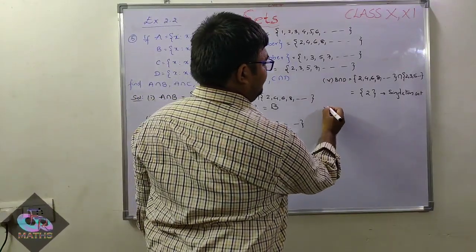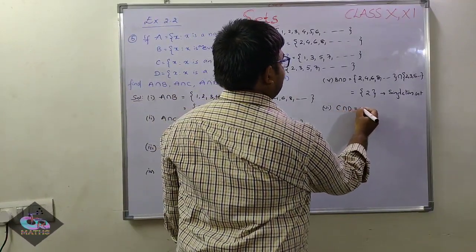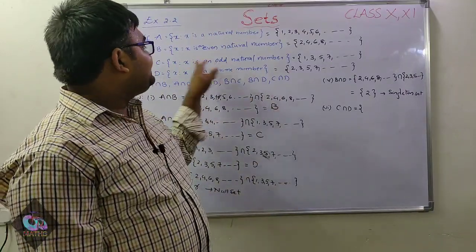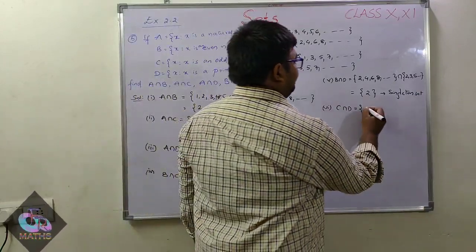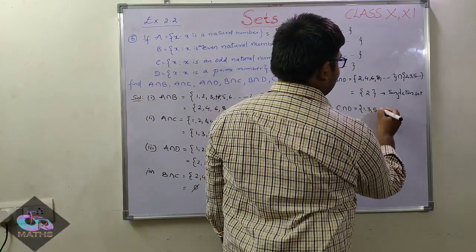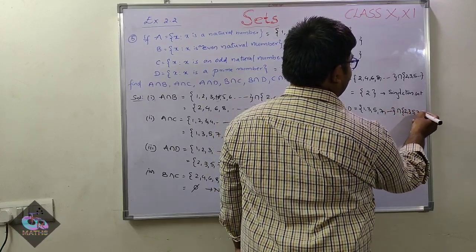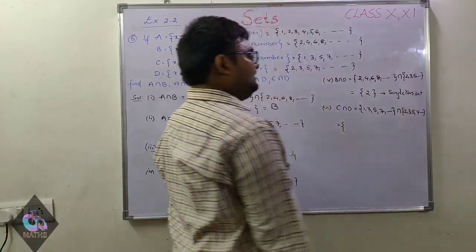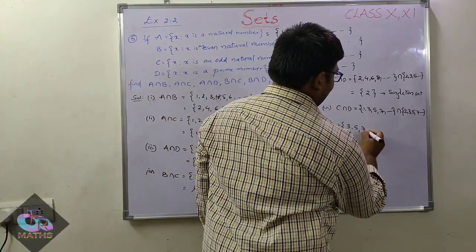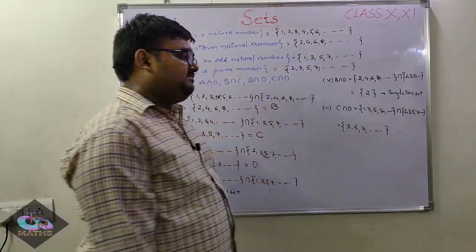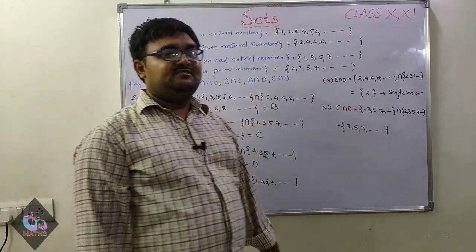Right? Next coming to the last bit, the sixth bit. So what is that? C intersection D. C is nothing but the set of odd natural numbers, and D is nothing but the set of prime numbers. So when you take the set of odd natural numbers, 1, 3, 5, 7 and so on, intersection the set of primes 2, 3, 5, 7 and so on, what are the common parts? 3, 5, 7 and whatever odd prime numbers we get will be written in this particular C intersection D part.